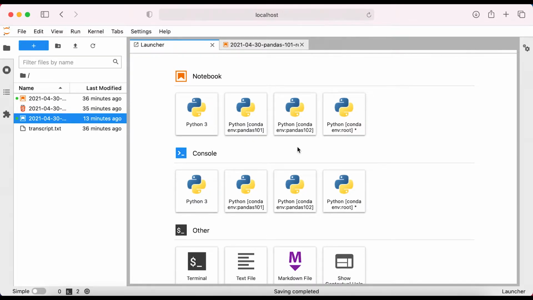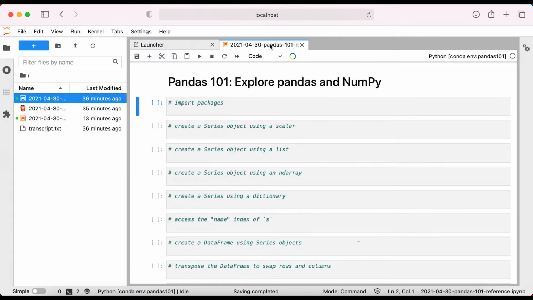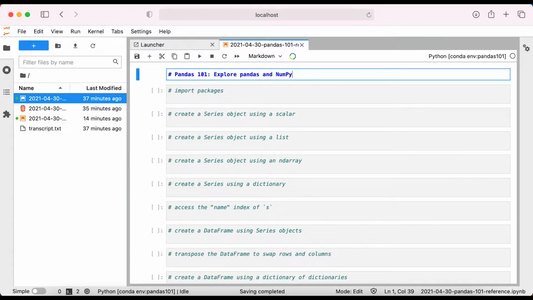I'm going to open a notebook I've already prepared. On the top right corner, I see that this notebook is running in my pandas 101 environment. Double click or select and hit enter to edit the first cell. Set the first cell as markdown